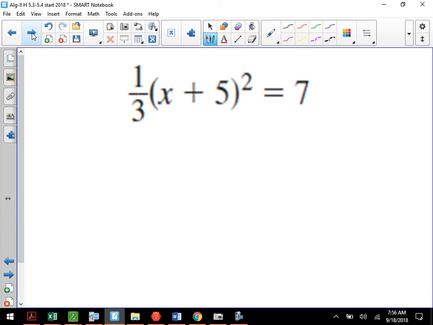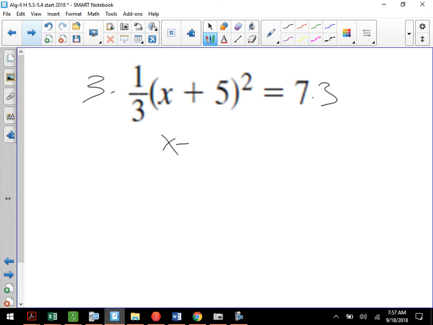So you have 1/3 times the quantity x plus 5 squared is 7. How would you undo multiplying by 1/3? Multiply by 3. Very good. Use reciprocals. To undo multiplying by 1/3, you would multiply by its reciprocal, because 1/3 is the same thing as saying divided by 3. Since that binomial is junk squared and there's nothing after it, I can just multiply both sides by 3 and get rid of the fraction. Okay. Multiply both sides by 3,